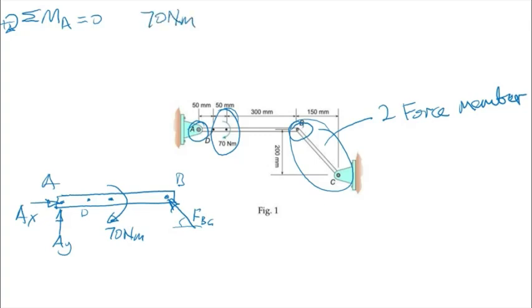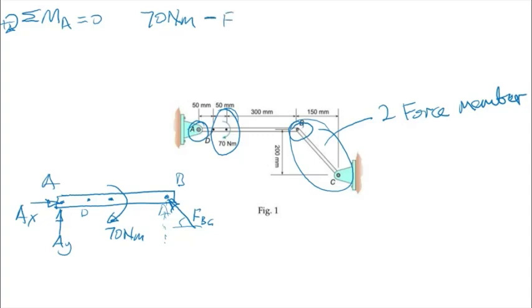Then you have the components of FBC. The vertical component will give a moment about point A. The horizontal component will not give any effect in terms of moments. This FBC component is going upwards, so it's going counterclockwise about point A, so minus